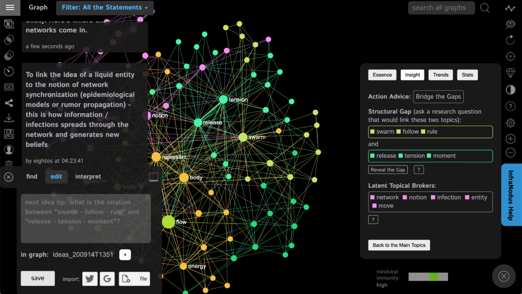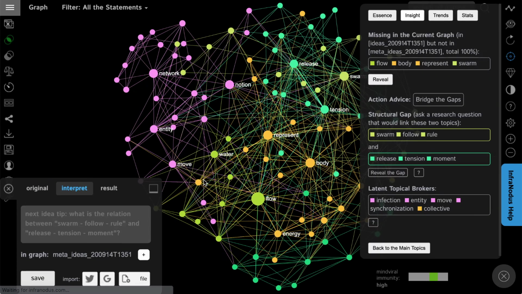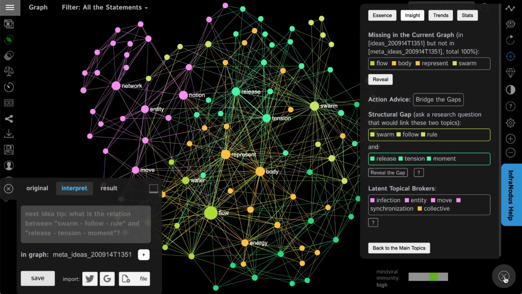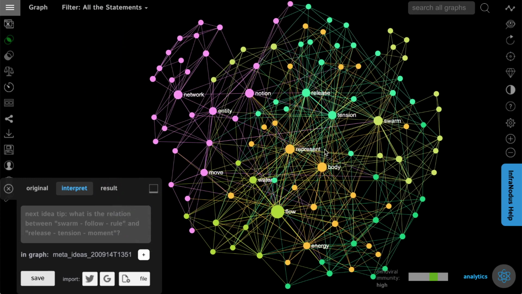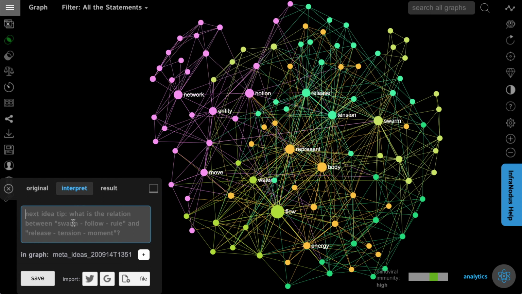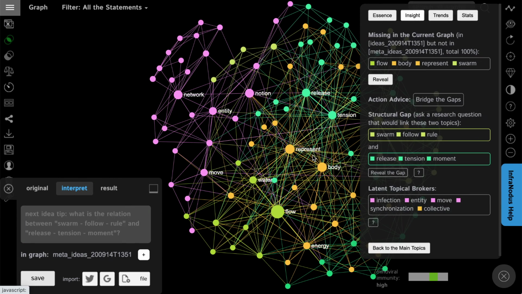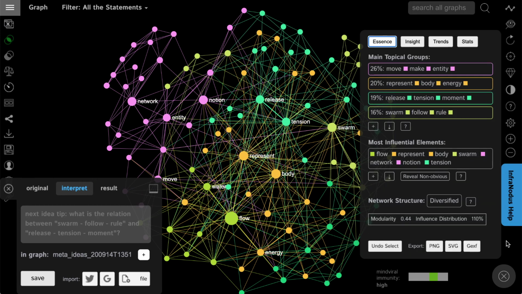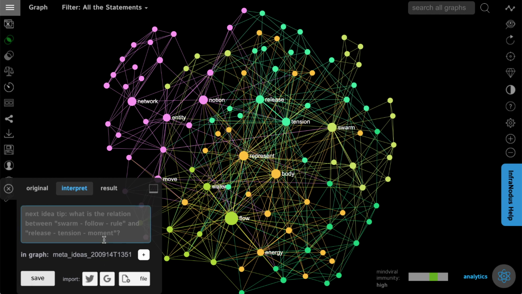And then we go just one more step. So then we click on interpret, and here is a nice way to add some more coherent ideas on top of this brainstorm. So in this case, let's say we look at the graph and we say, okay, let's cover the main topics and make a concise summary of what we're talking about. You can also, by the way, do it here, but the best way is just to start looking at the graph and at the main topics and to see, okay, so what are we talking about? We're talking about